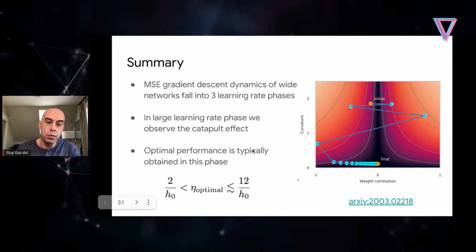And the practical outcome of all of this is that if you train your network with the assumptions we've made here, then you can go and measure the curvature at initialization. Again, it's a pretty cheap measurement, and these numbers will give a good hint as to where the optimal learning rate is going to be. So that's all I had. Thanks a lot for listening.